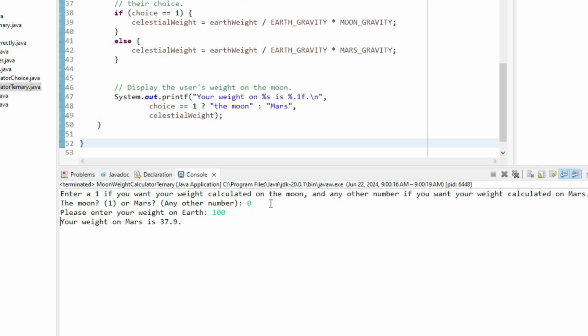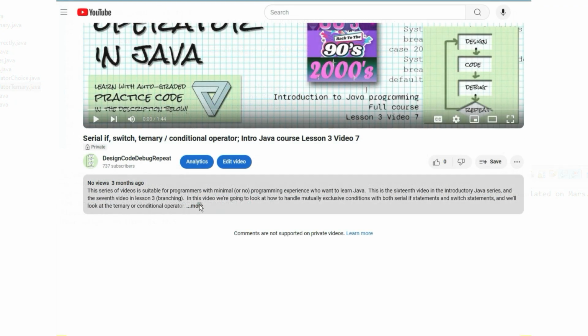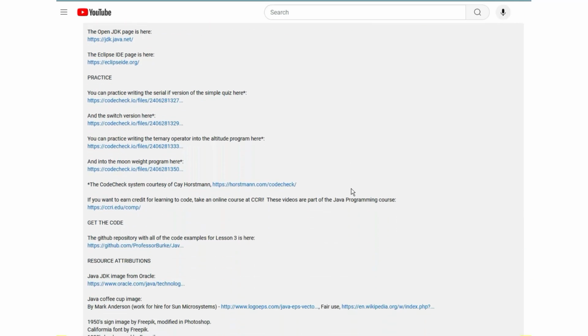So that's pretty cool because it evaluates to a value. So you can put it anywhere you need a value and you can get a different value based on a condition. As usual, I have included a few auto-graded exercises in the description of this video so you can practice